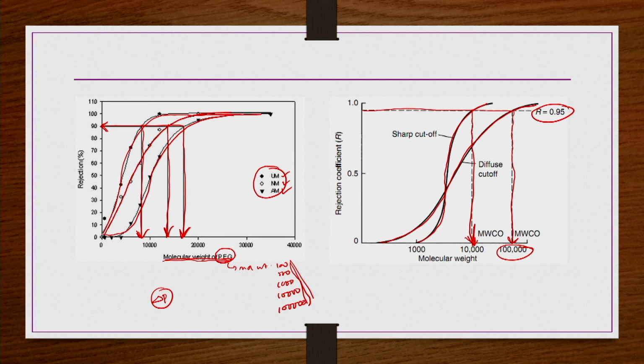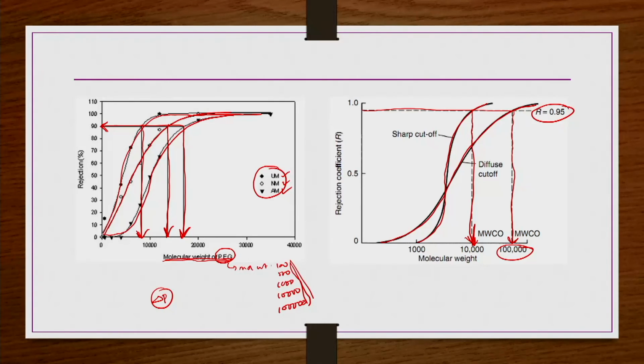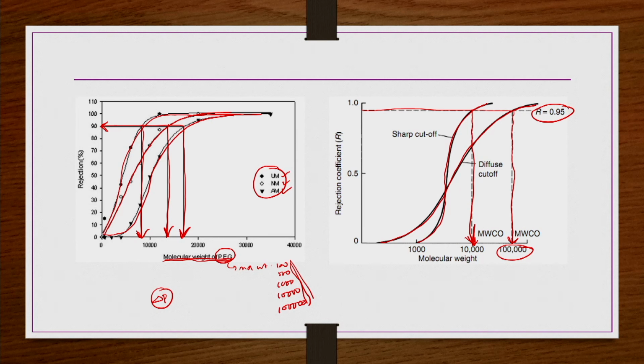And then according to this molecular weight cutoff, that membrane can be used for an application. Let us say if you have to do an ultrafiltration membrane, then it is better to prepare a membrane where you get the sharp molecular weight cutoff curve. Okay. If you are going for microfiltration, even if you prepare a membrane which has a diffuse cutoff curve like shown here, then that is also going to be sufficiently good enough. Okay. Like that, this MWCO is going to be useful.